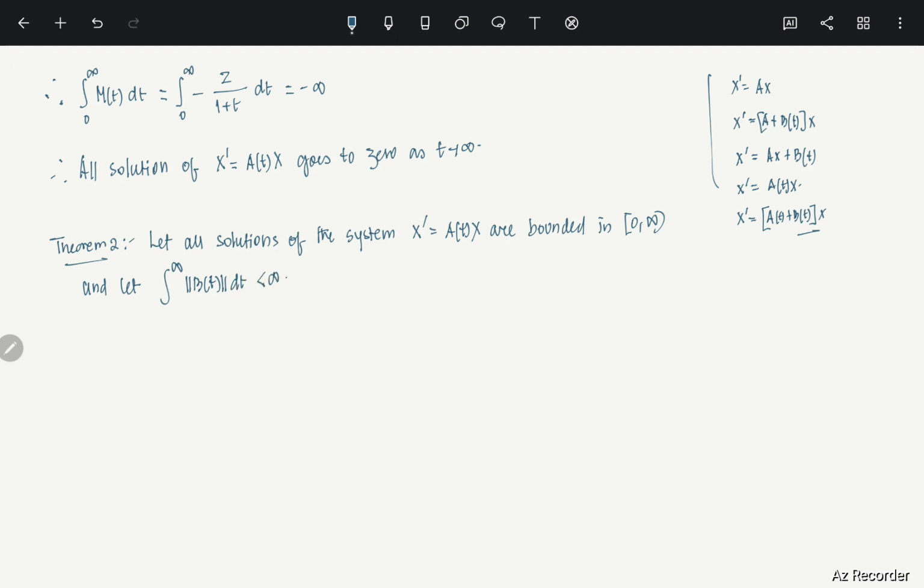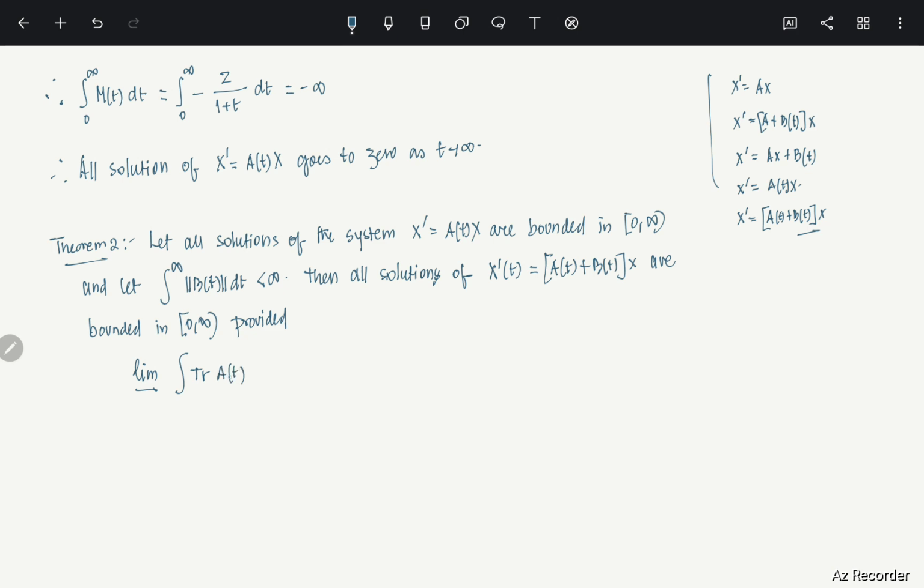If this happens, then all solutions of this equation, x prime(t) equals (A(t) plus B(t)) times x, the perturbed system, are bounded in 0 to infinity, provided the limit infimum of the trace of the matrix A(t)